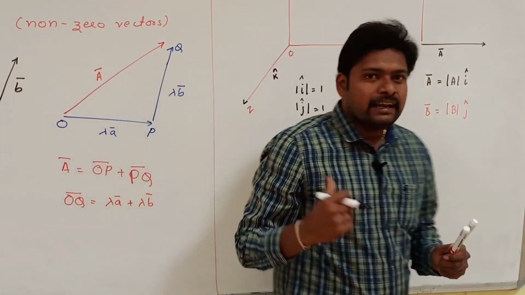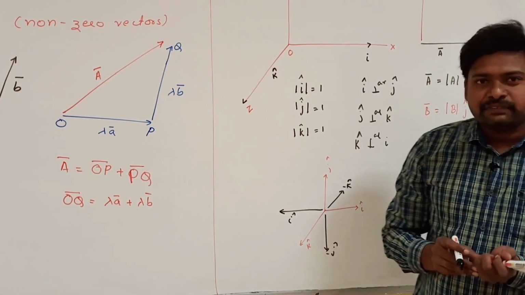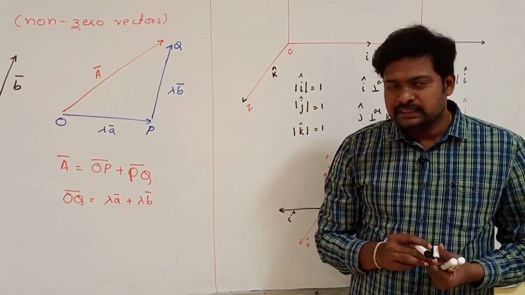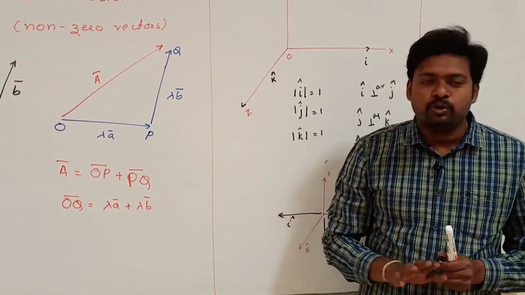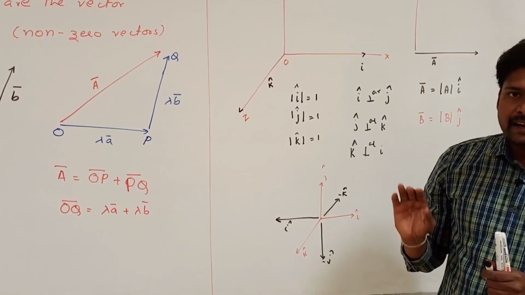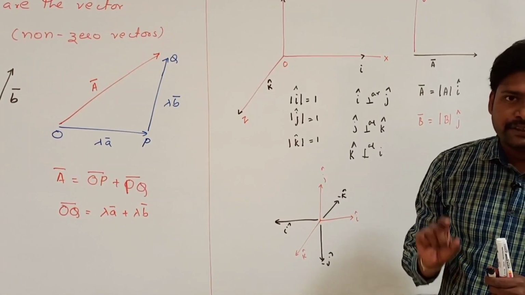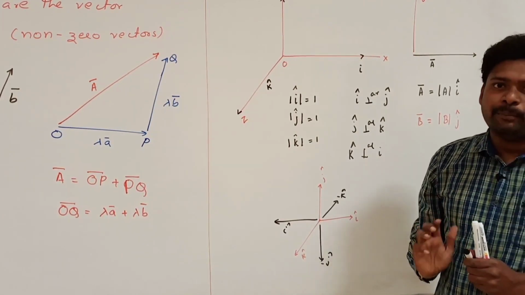So, three-dimensionally, i, j, k vectors. Mostly we will see that i and j vectors are useful in this chapter because we are dealing with the motion of an object in a plane, in a two-dimensional plane. We shall see simple problems and analytical methods to add the vectors, and we also find a resultant vector of two vectors using the components method.